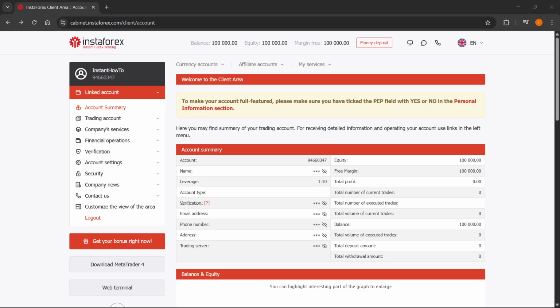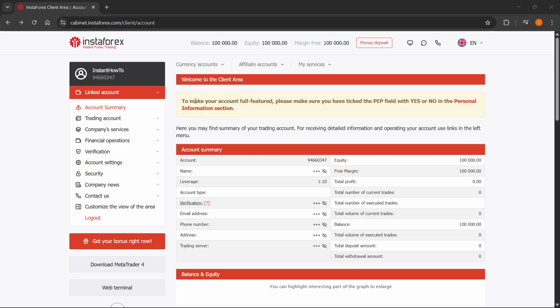In this video, I'm going to show you how to delete an InstaForex account. Now, you actually cannot press any button inside your account to be able to do this. There's no way to do it in the settings either. What you have to do to actually achieve this is you basically have to send them a request via email